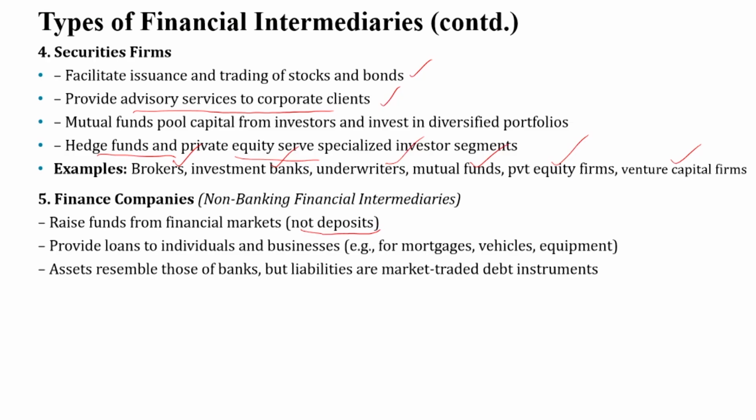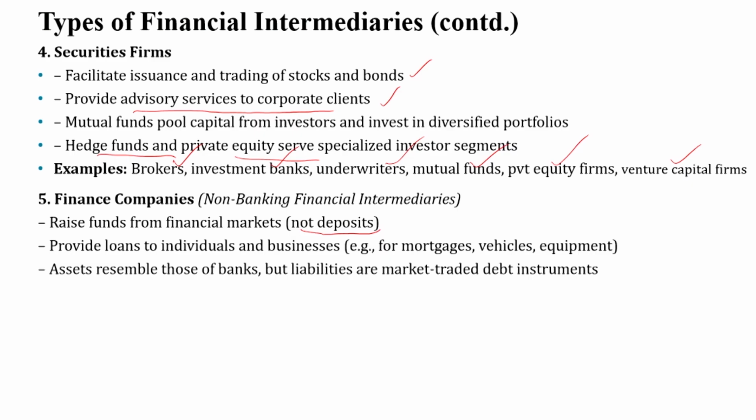Examples include loans for mortgages, automobiles, and equipment. While their assets may resemble those of banks, their liabilities are often market-traded debt instruments rather than customer